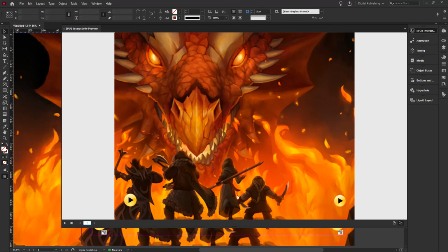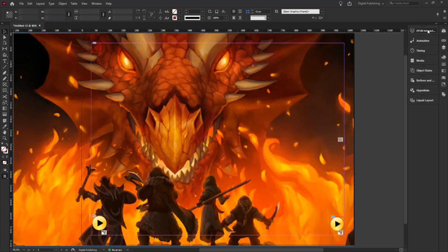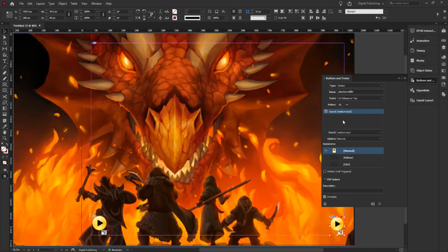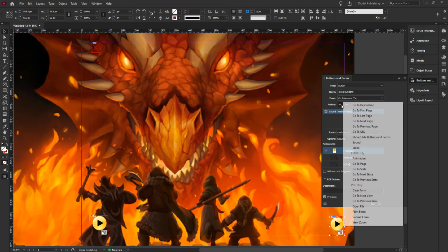So nothing is happening, but if I click on this button, I'll hear the sound. Oh, I didn't tell it to hide the button, sorry. So let's pause that for a second. Now I need to add the interactivity to hide the button. So I'll select that button, and I'll say I also want, when I click on this, to